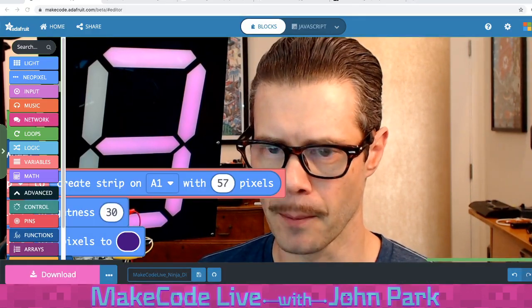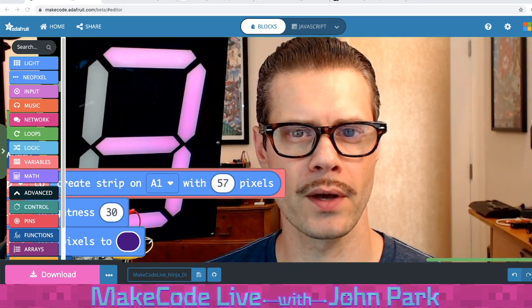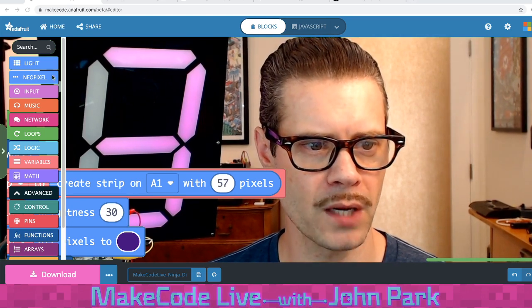So if I wanted to light up this number 3, I would have to write some code that says, don't touch 0 through 7, but tell 8 all the way through whatever number this is to turn on purple, then skip these 8 pixels and then set these ones. So this would be kind of a mess because we're dealing with all these different ranges of NeoPixels on one strip. And so the really great thing is that there's this super convenient